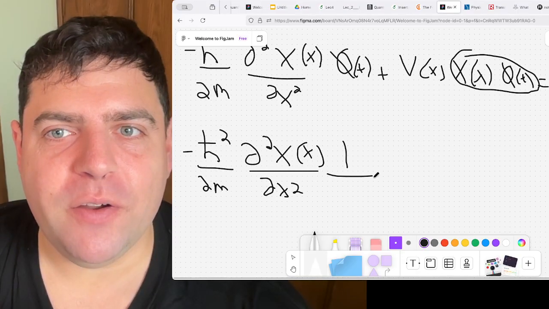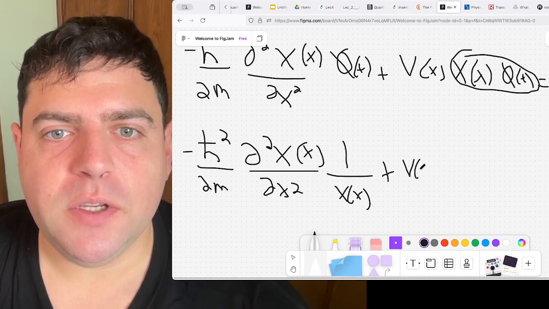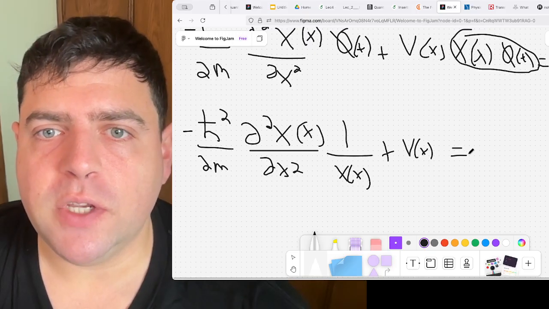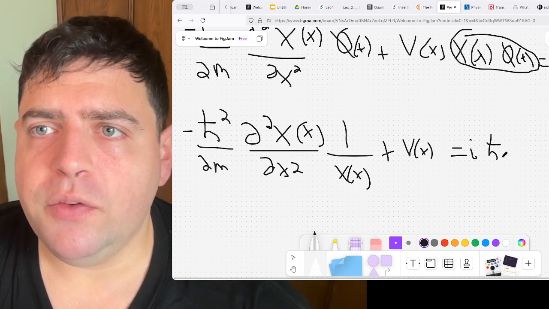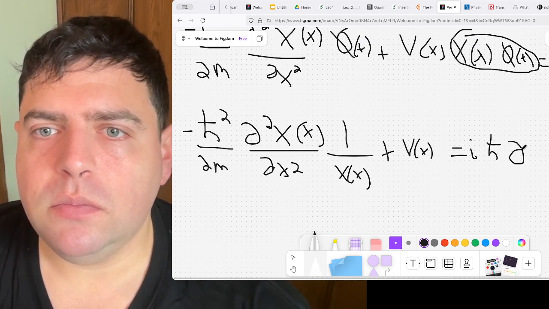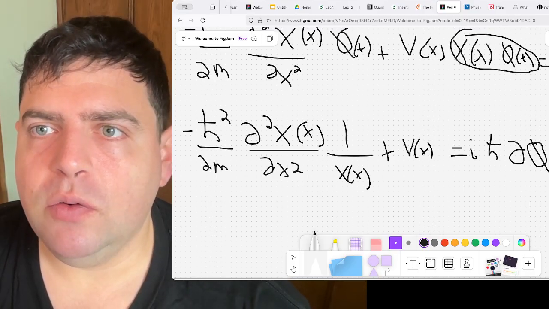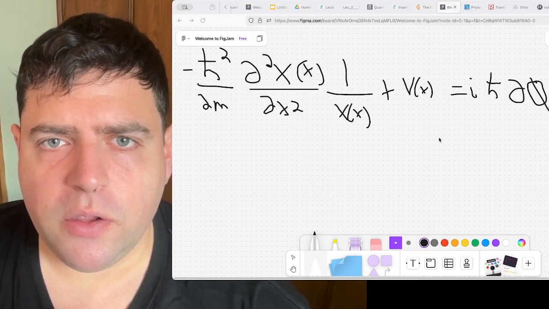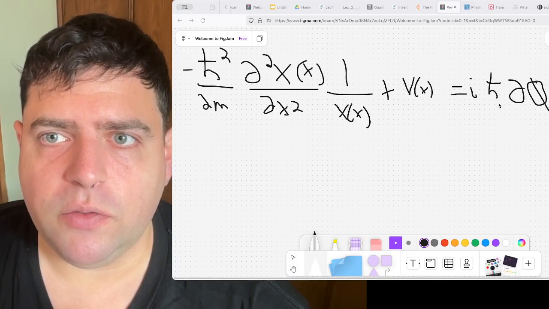Now it's 1 over x of x plus p of x. That totally goes out. And now that's 1 over this. Okay, this is looking good. Why is it looking good? Well, it's looking really good because this side now is only a function of x. This side is only a function of x, and this side is only a function of